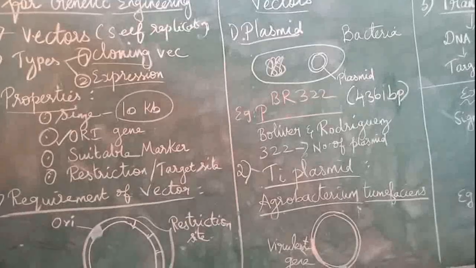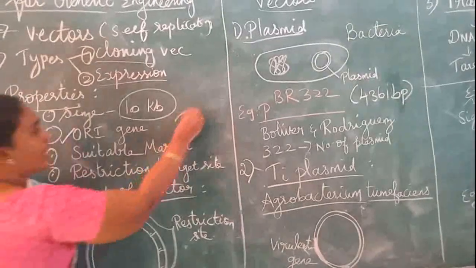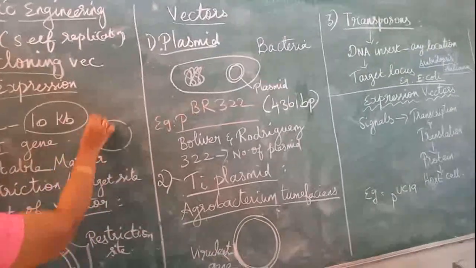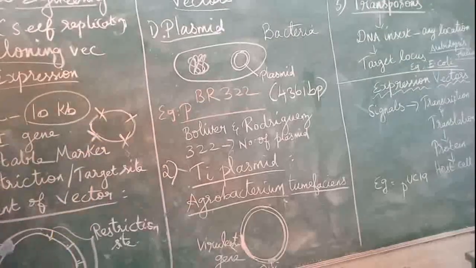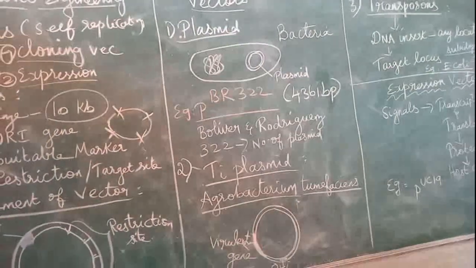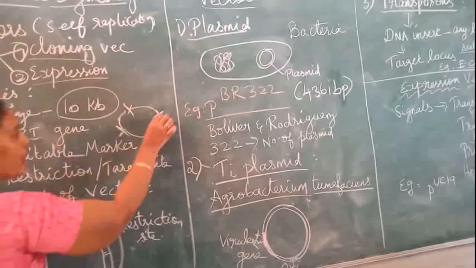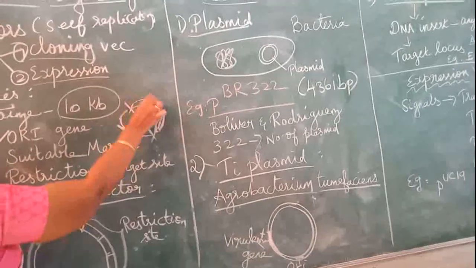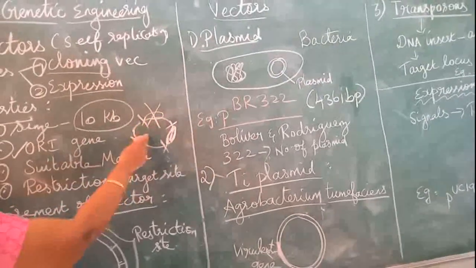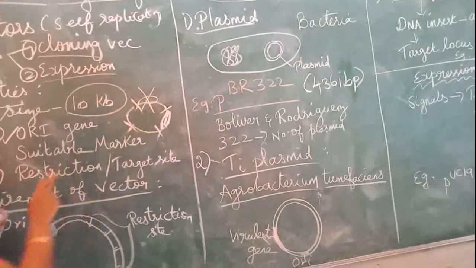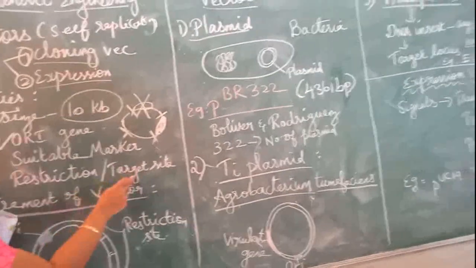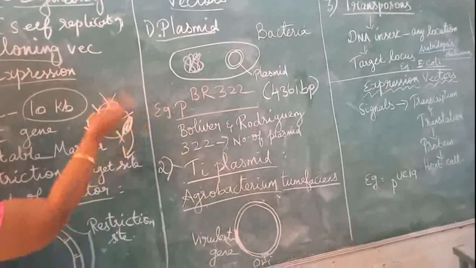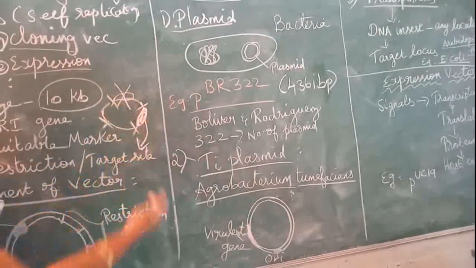And last, where do we have to insert the gene? Just think of this as the cell. If you want, here we can insert, here we can insert. Randomly it is not possible to insert the gene of our interest into the cell or any other organism. So we have one recognition site, this particular place. In this space alone we have to insert our gene. If you insert the gene elsewhere, it will not be accepted by the host organism. So this is called a recognition site, restriction site or target site. In this place alone we have to insert our gene. If it is placed in some other places, it is not possible to transfer the DNA.